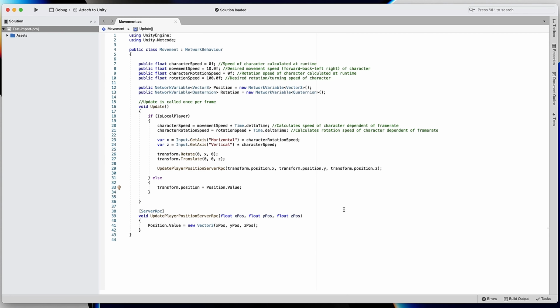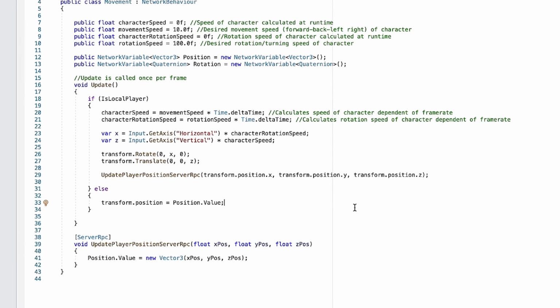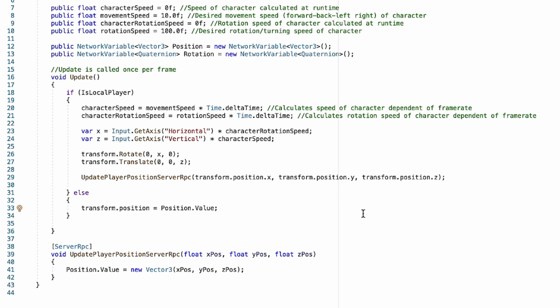Now back at our code, with everything starting to work, let's go ahead and add in the last bit of code to make sure that our rotation is correctly reflected within our multiplayer game. So all we're gonna do is basically the same steps that we did a little bit earlier to get our position working correctly. We're gonna add our server RPC function and then add it into our isLocalPlayer conditioned statement. So let's go ahead and go down here at the bottom of our code.